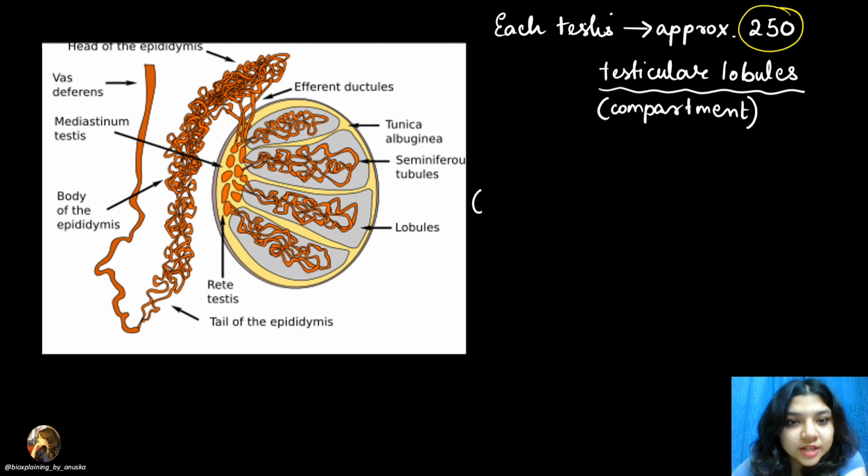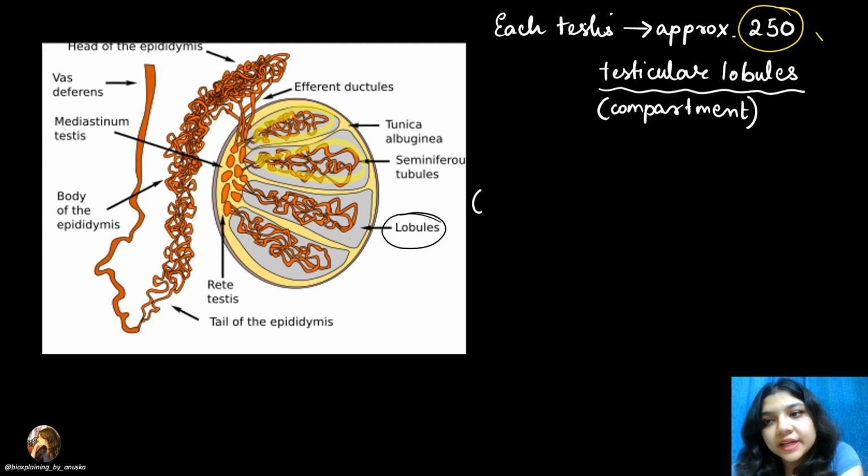If you look into this diagram, look at these things which are present. Each gray box which is being shown to you represents the lobules. What do they represent? They represent the lobules. Okay, these are the testicular lobules, right? In all the testis, each testis individually is segregated into approximately 250 compartments which are known as testicular lobules,